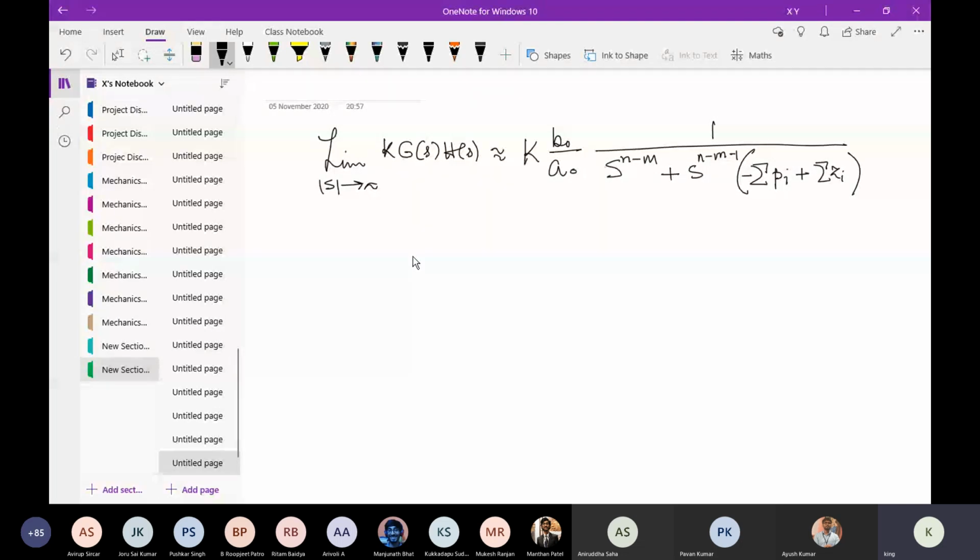And now I'll make another approximation, one of which we have already done. Q is equal to n minus m,